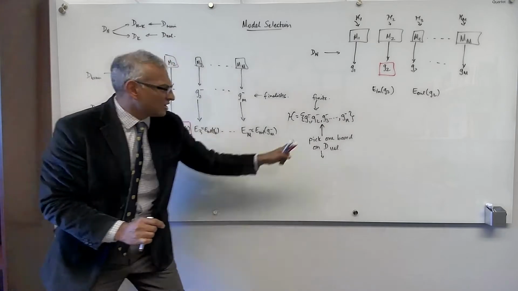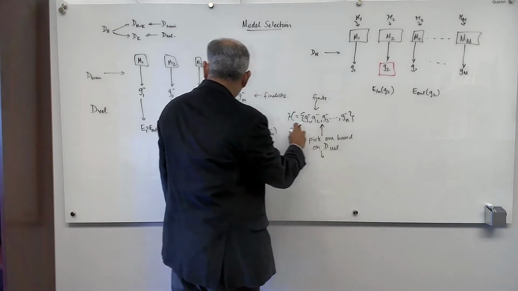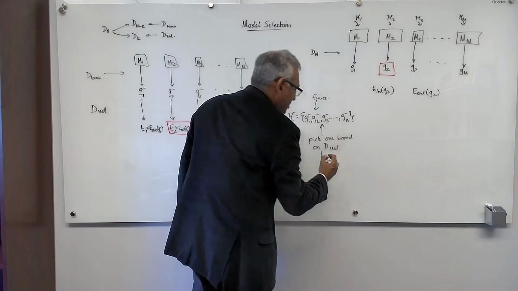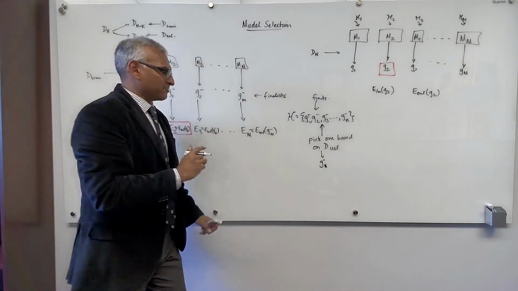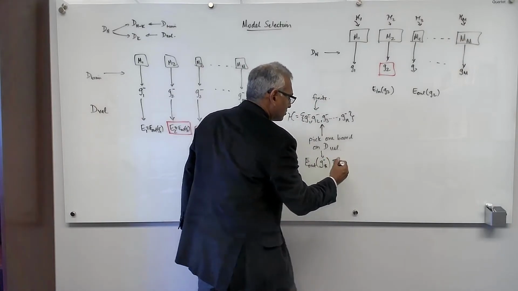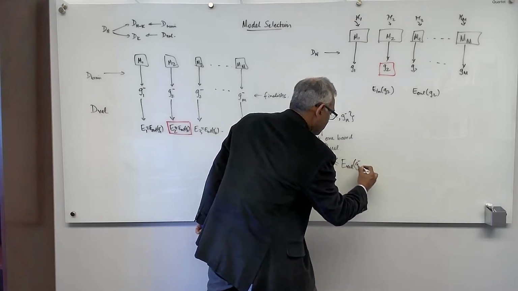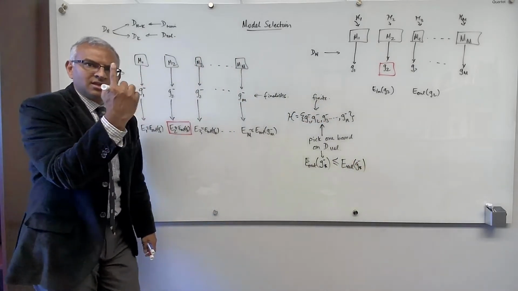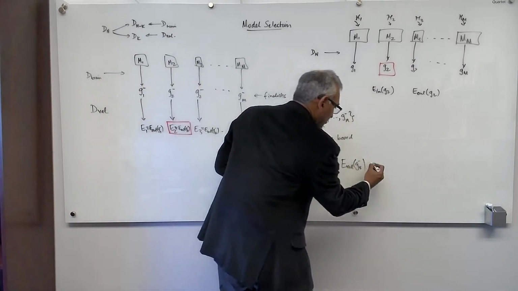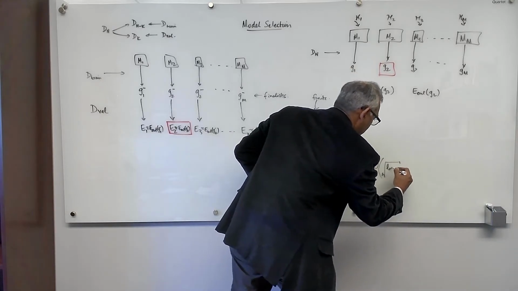I have to pay a price for picking on the basis of the validation data. So what I will find is that when I pick the best one, let's call it g minus star, my final deficient hypothesis, then E_out of g minus star will be at most E_val of g minus star. Now I'm going to have to apply not the single hypothesis Hoeffding bound, but the M hypothesis Hoeffding bound, plus order of the square root of log M